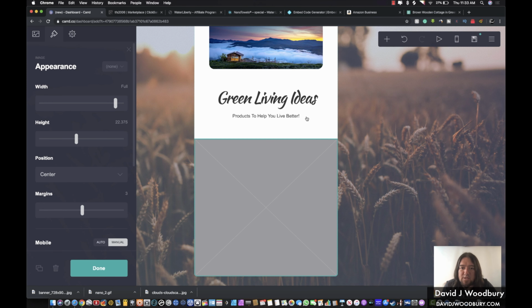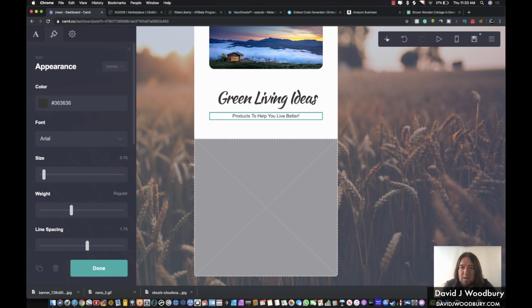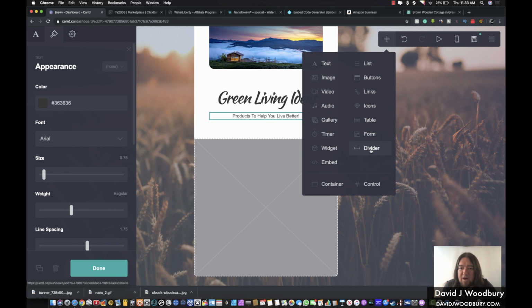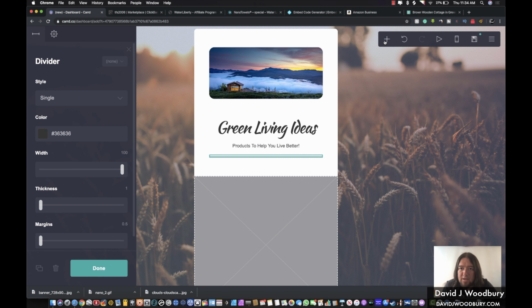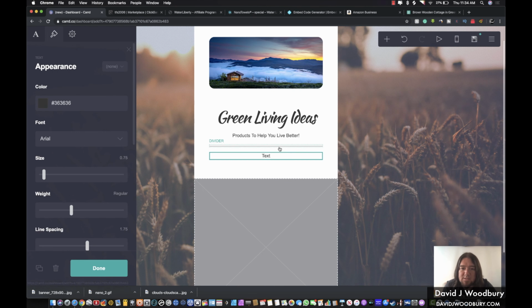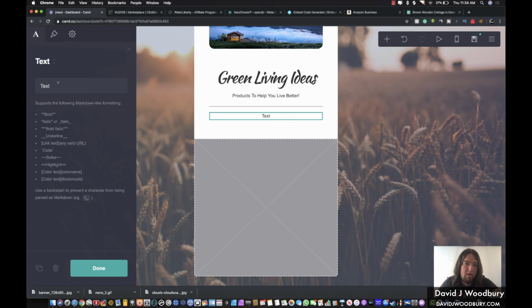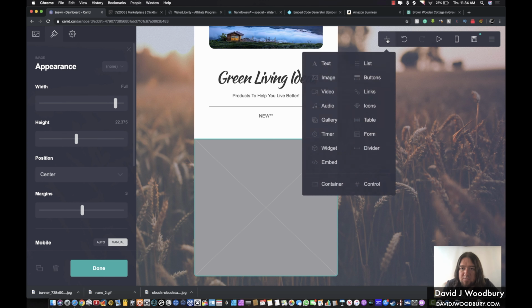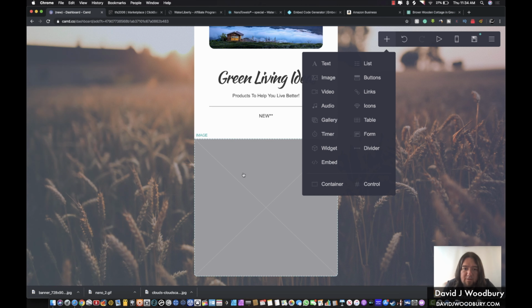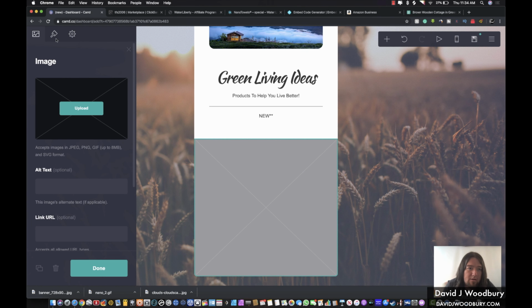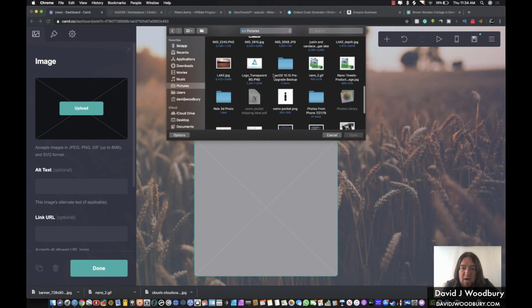So what I want to do is highlight this element, and I'm just going to put a divider here. And then I'm going to go ahead and put in some text. So if you click the text, and then you can come over here and type it in. I'm going to put in something like this. And then what we'll do is add this image. Well, we already have the image, so if we just click that, we can upload, and then we'll just find